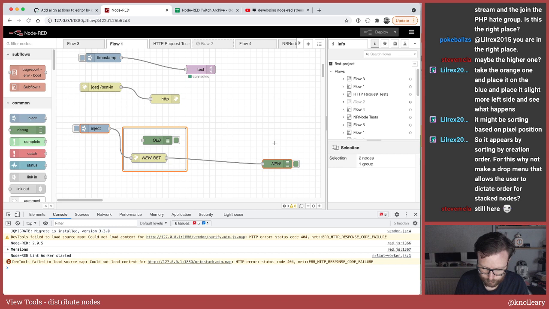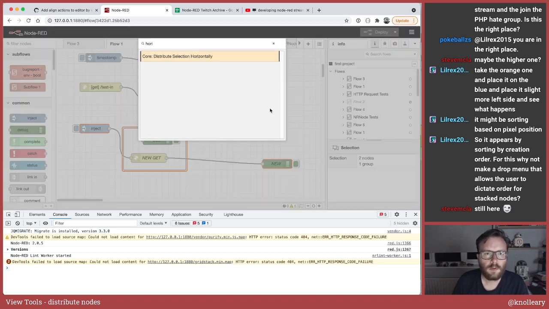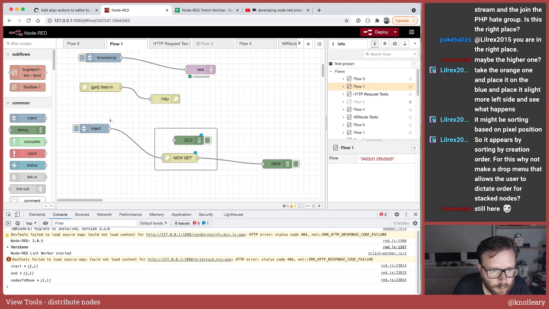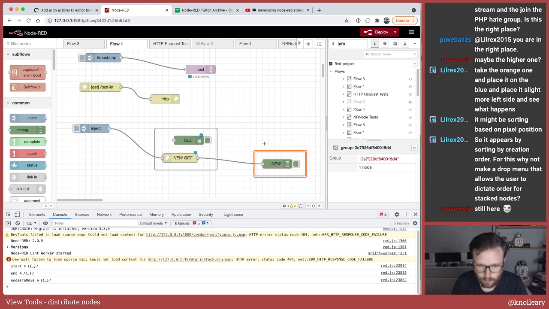So select them. Distribute selection horizontally. Now that's looking good. I like the look of this. We've got 1, 2, 3, 4, 5, 6, 7 3/4. Yeah, that's worked. So now let's put that one in a group